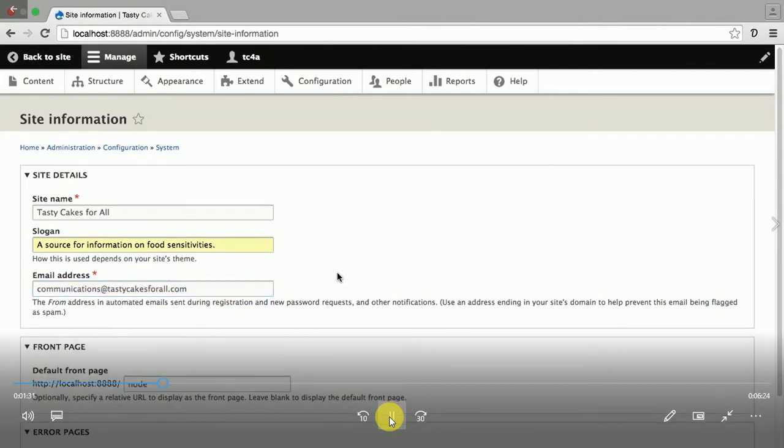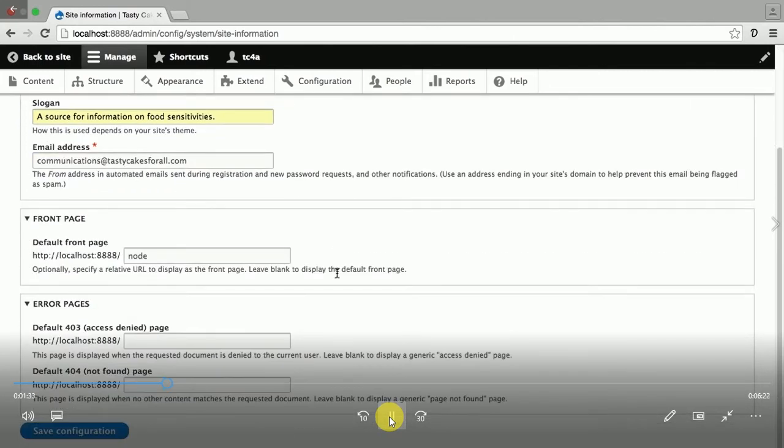We also have the ability to change the URL to which the front page points. So this means that when somebody comes to your website, they type in your top-level domain, tastycakesforall.com, they're going to get a page. That page will be your home page or front page. And that, just like any other page on your site, actually has its own node or URL. This allows you to set what that points to. We're going to leave this alone because that's a more advanced setting that we're going to cover much later on. But in this particular lesson,